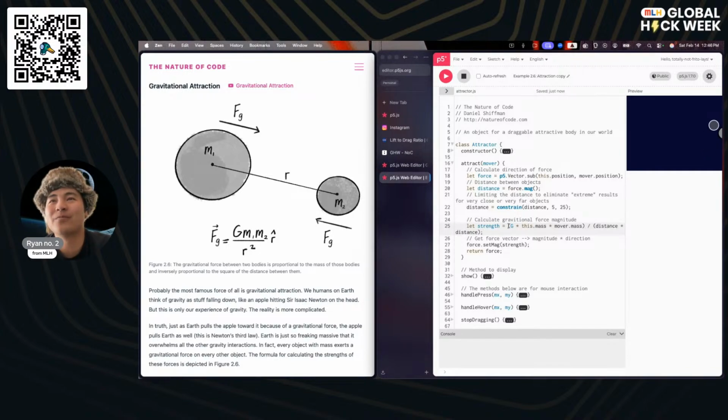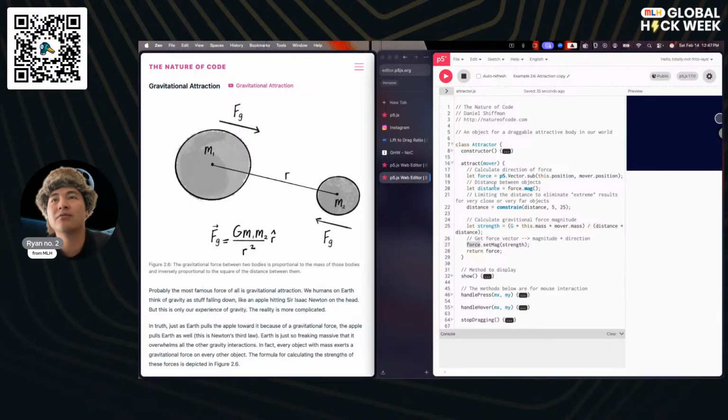Okay, so let's see. This strength function right here, I believe, is the actual equation that's calculated right here. This is the force of gravity, which is the gravity constant G times the mass of the first object times the mass of the second object divided by the distance squared, which in this case is r. Over here it's r, but in our current simulation it is distance. And then we have a vector r, which is just the direction that we're looking at.